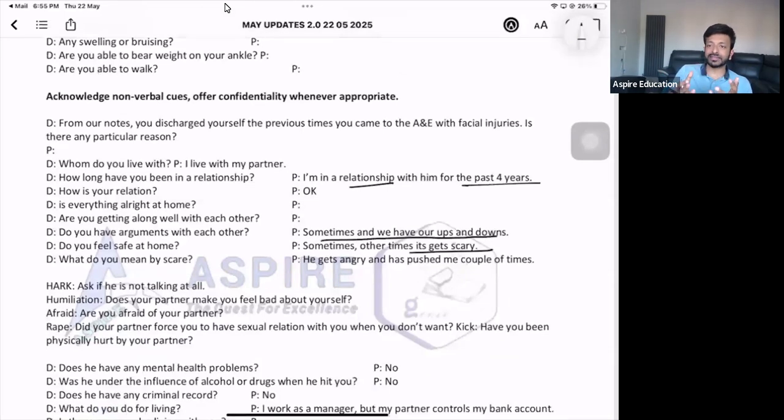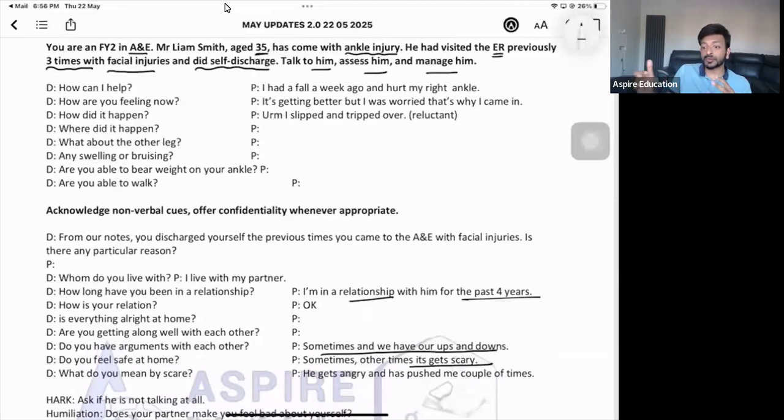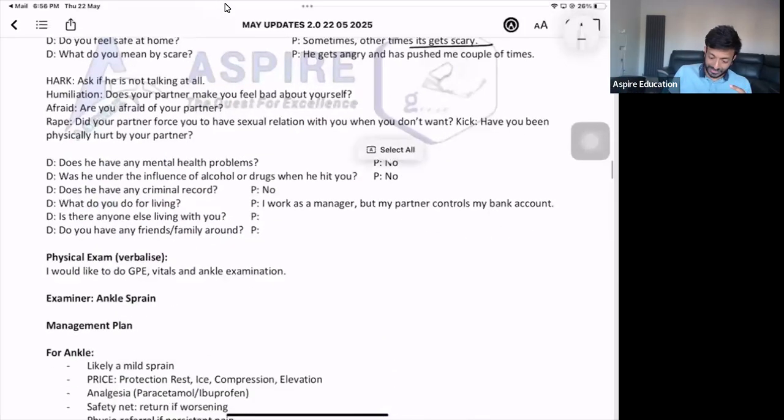Then you can see if there is any other person at home, maybe there is a child at home, maybe there's an elderly person at home. So you have to see who are the victims of abuse here. Is it only this patient who has come to you, or are there other persons at home? They might be at risk as well. So just do a bit of assessment on that point as well, right? And then we will do the management.